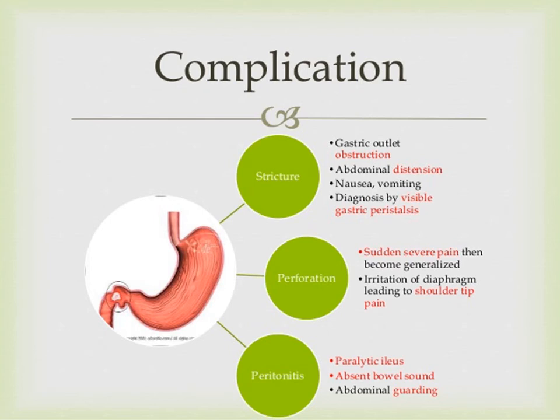If we talk about perforation, that is not that common a feature, but it can occur and can cause severe abdominal pain and is a surgical emergency, and if not treated appropriately can lead to death of the patient. Obstruction or stricture formation can occur especially when we talk about the gastric outlet or the pyloric canal. Though it is not that common, it can occur. It is less common even as compared to perforation.